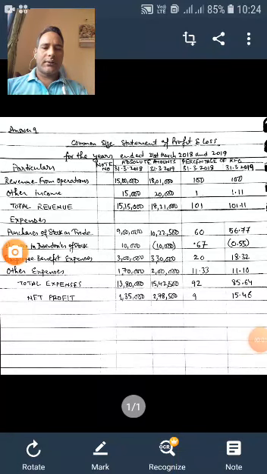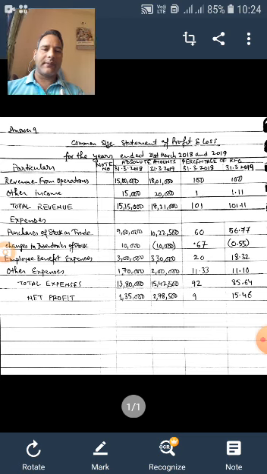Hello students, today I am going to explain to you all the sum of common size statement of profit and loss for the year ended 31st March 2018 and 2019. You all can see the format is the format that has been sent to you in the Excel sheet when we were discussing this sum during normal class. The columns are particulars, note number, then absolute amount columns.